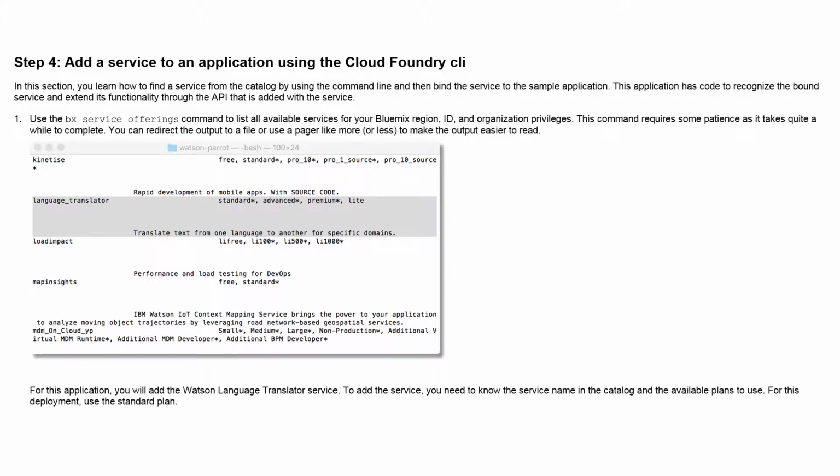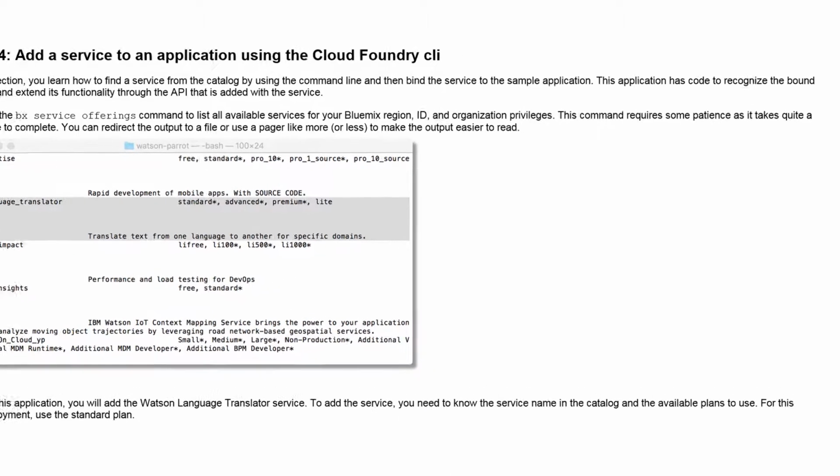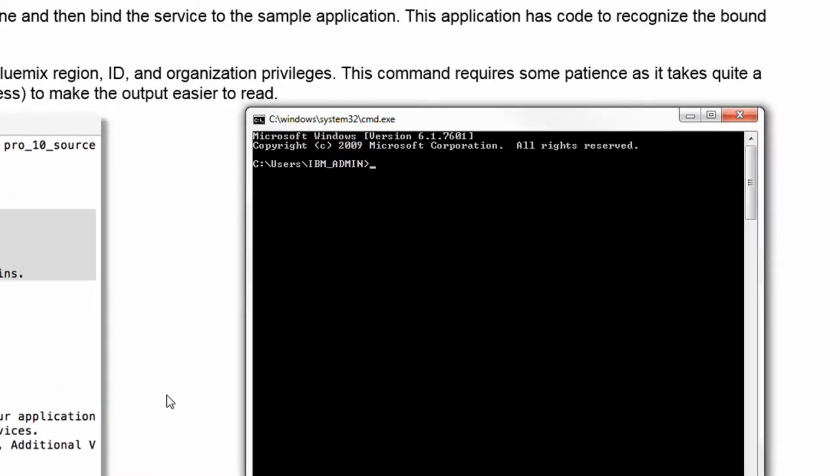In the fourth and final step, you'll add a service to an application using the Cloud Foundry CLI. In this section, you'll learn how to find a service from the catalog by using the command line and then bind the service to the same application. This application has code to recognize the bound service and extends its functionality through the API that is added with the service. Use the bx service offerings command to list all available services for your Bluemix region, ID, and organization